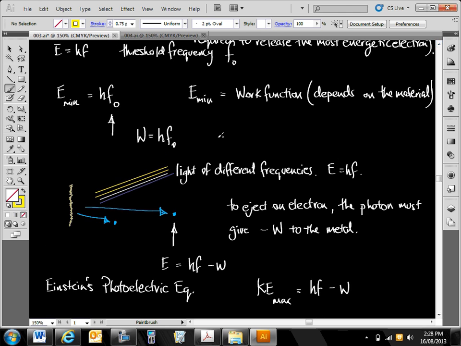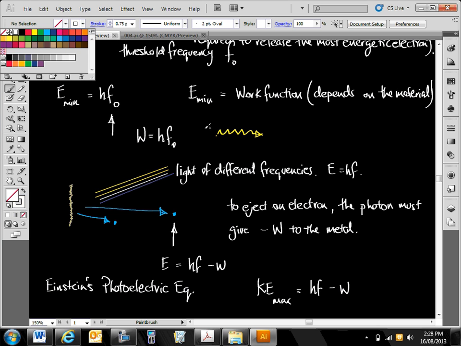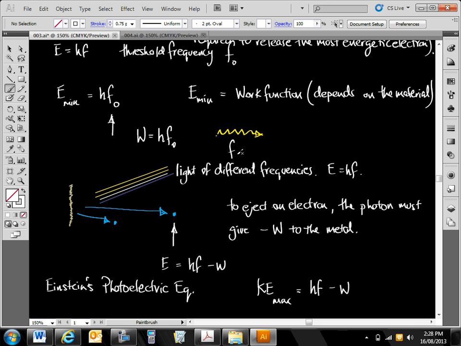Imagine I send in a photon with this energy, exactly the threshold frequency. That frequency there is related to some substance, isn't it? Usually a metal. Now, when it strikes that metal